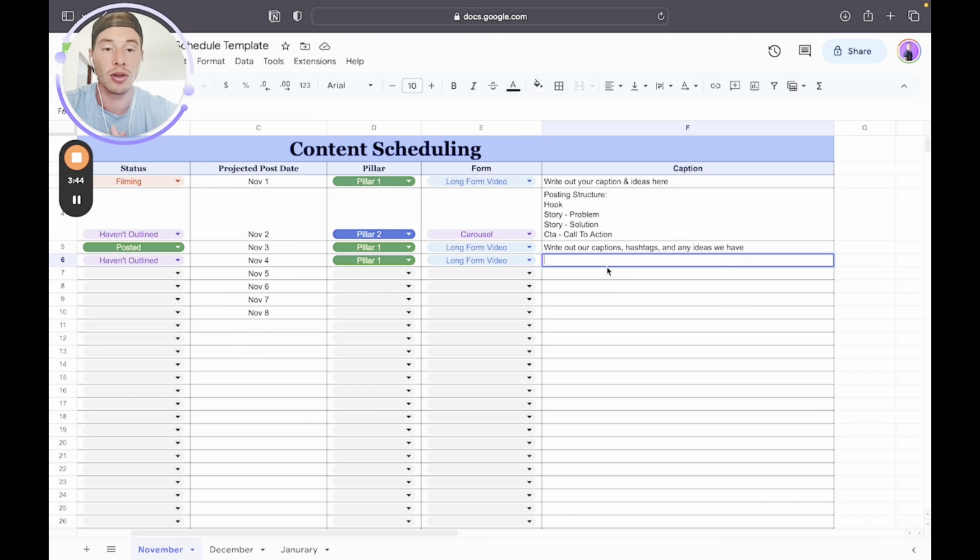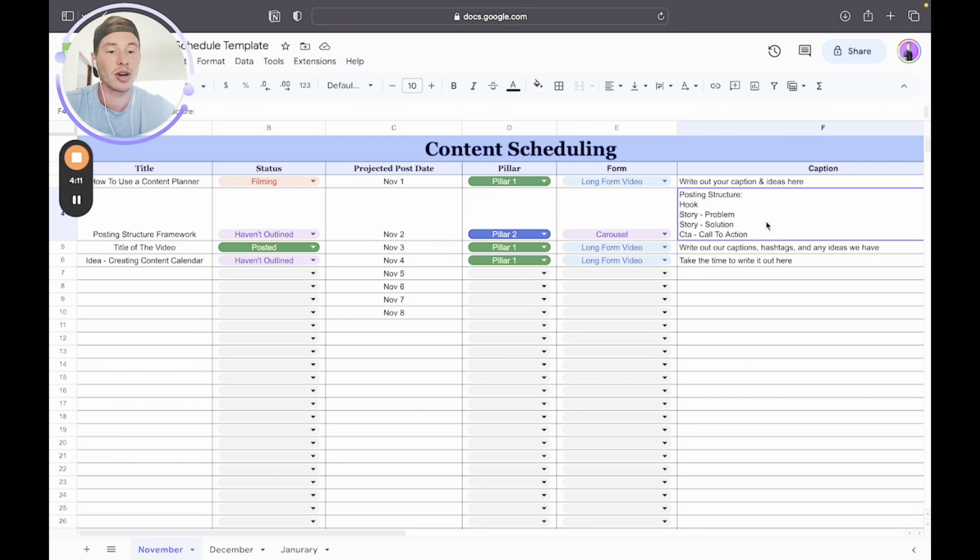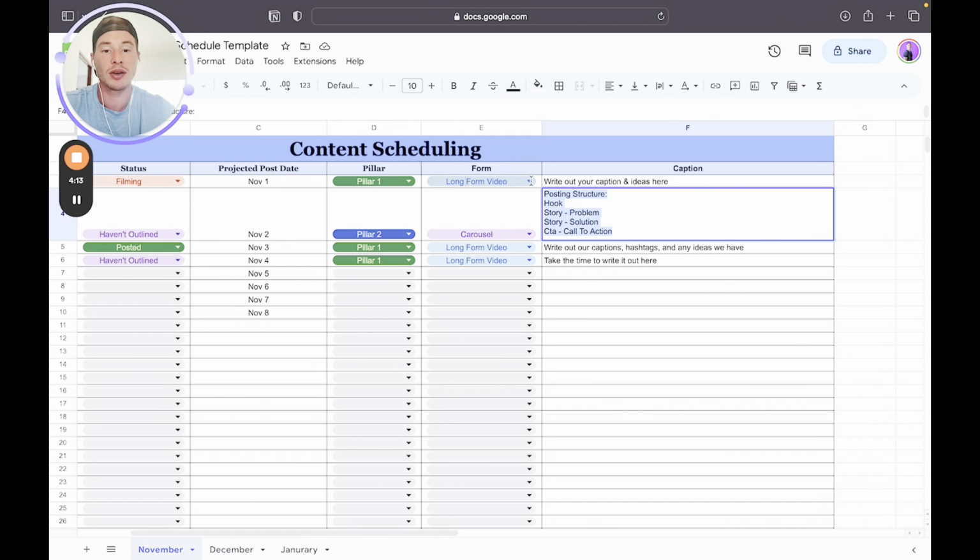So one of the things that a lot of people struggle with is writing out their captions before they go to post it. We try and write these messages out on our phones, and then it doesn't look as good, or it's not as pre-planned and organized. So what I want you to do here is actually take the time to write it out here and give yourself that time and space to really write out a good caption, write out something strategic. I gave you a posting structure here so that you have something to follow for yourself. And this is a very basic structure that you can follow so that you can be more strategic in your